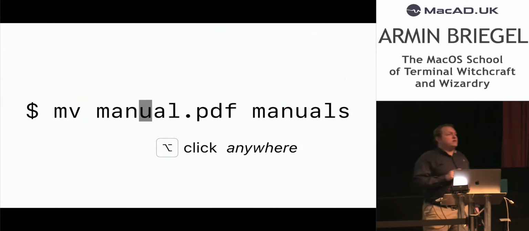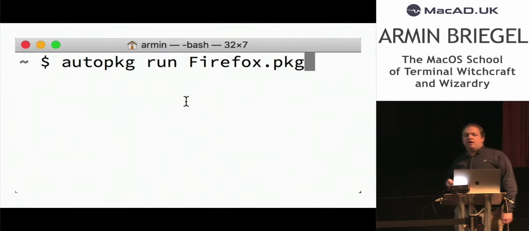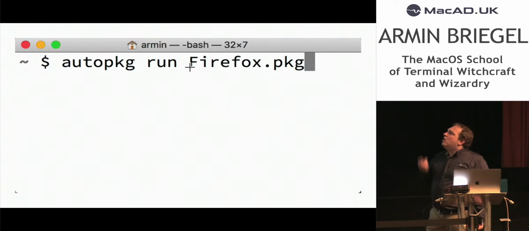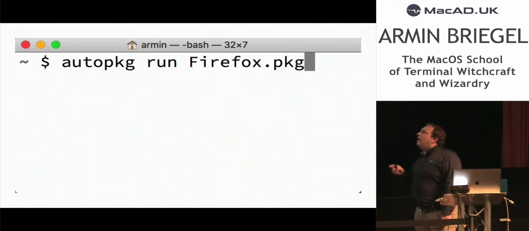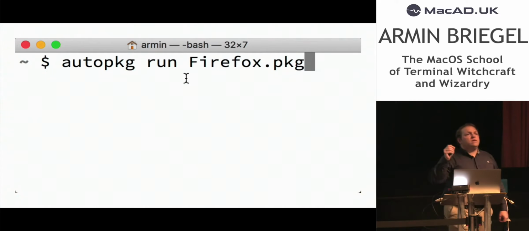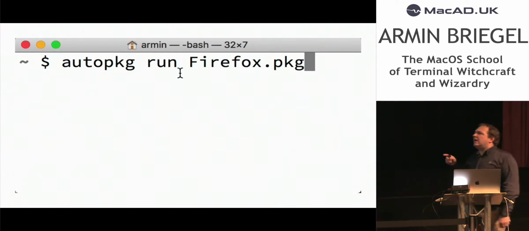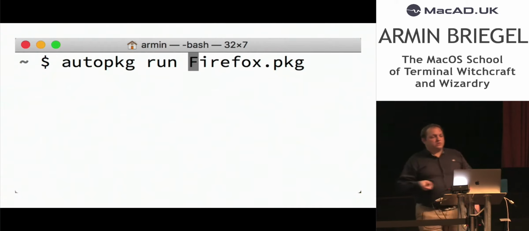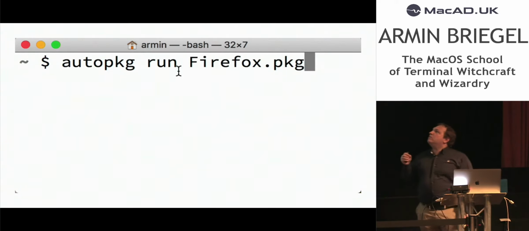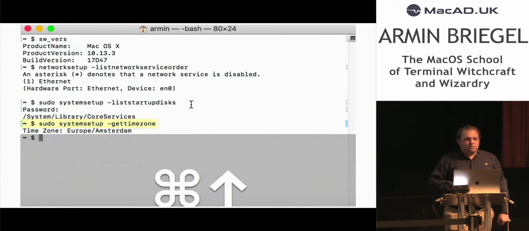There's another very Mac way of doing this, and that is option clicking anywhere in the prompt. So if you have a command and you want to get to a specific point, hold down the Option key and just click, and it will jump the cursor to that point. You also notice that when you hold the Option key, the mouse pointer turns into a crosshair. That is because the Option modifier key is also used for rectangular text selection rather than line-by-line text selection, which can also be very useful when you're selecting columnar output. But option clicking anywhere in the prompt, very useful, and then you don't have to memorize all the other keystrokes.